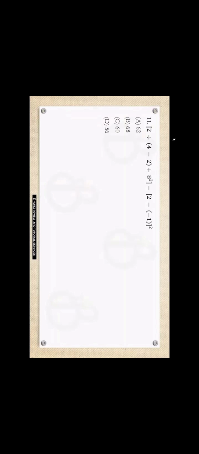For number 11, using our PEMDAS rule again, we need to solve inside the parentheses or inside our bracket here. And in doing that, take note of the given operations. We have here division. Then inside our bracket, there's still a grouping symbol here, as well as squaring our number. So in here, we have to perform the given operation inside our grouping symbol, which is 4 minus 2.